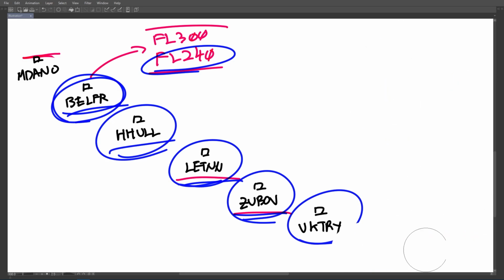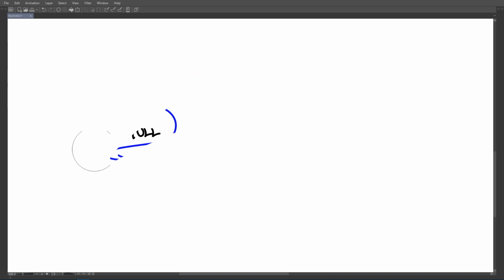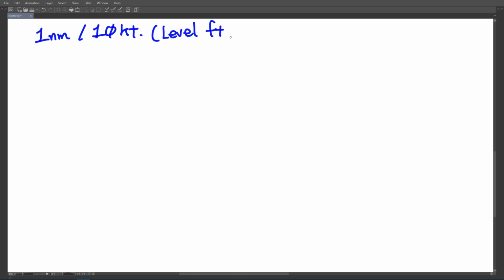As far as the speed goes, we all know that in level flight with a CRJ, we need 1 nautical mile for 10 knots. Remember, it's level flight and thrust idle. The problem with descent is that you're on a constant descent, at least 1,000 feet per minute, or sometimes 2,000 feet per minute. So essentially you can't really apply that level flight, thrust idle, 1 nautical mile per 10 knots rule while you're descending via the arrival. Now, we do know, however,